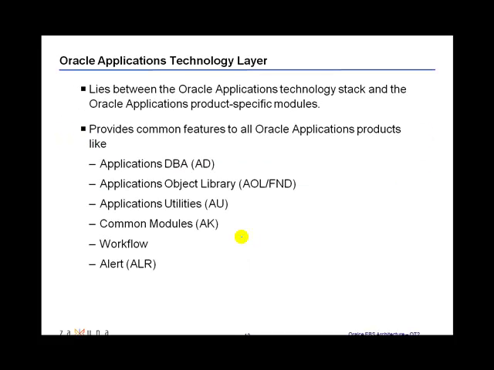So the application technology layer lies between the Oracle applications technology stack and the Oracle applications product specific modules. Primarily they provide a lot of common features to all Oracle application products. So if you see, this is the technology stack. When we say technology stack, the actual